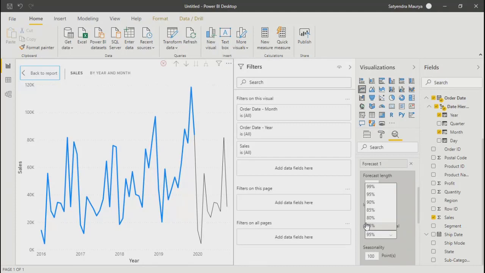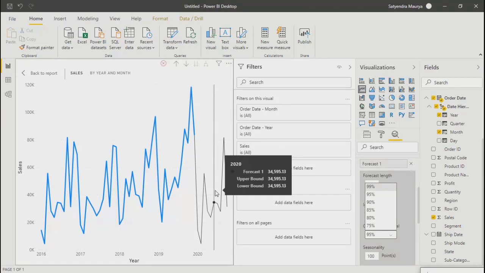A prediction means you are saying that in future it will do like this. You're talking about the future, looking at the previous trend, previous data.